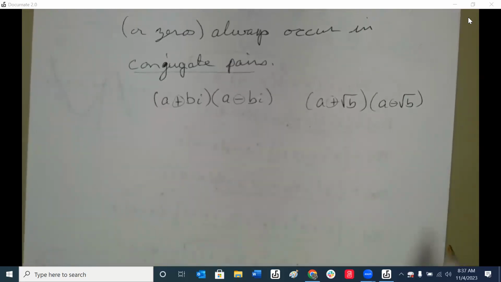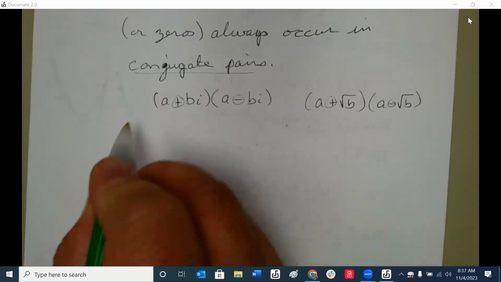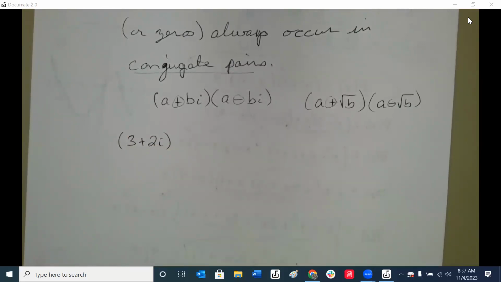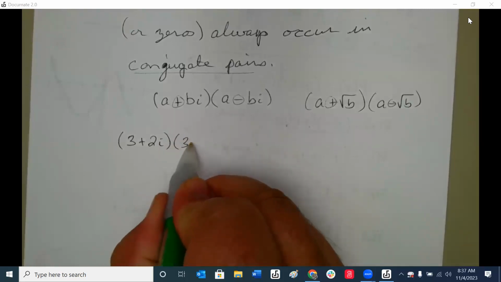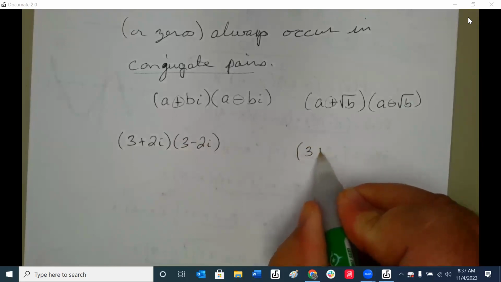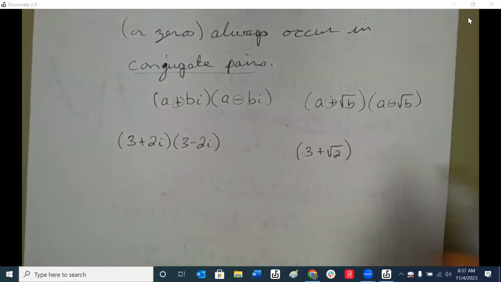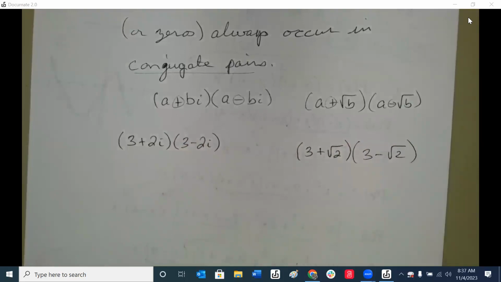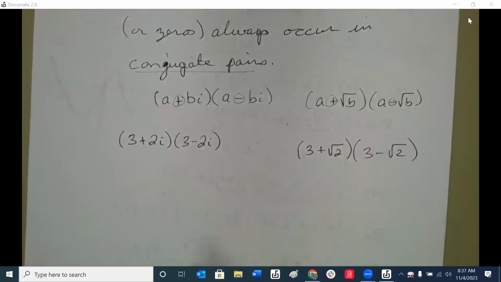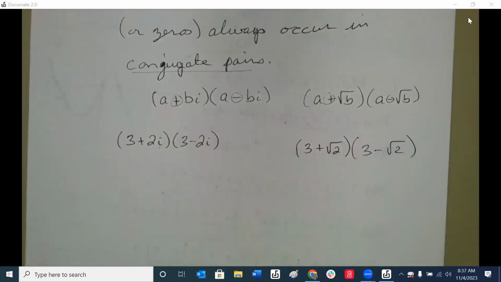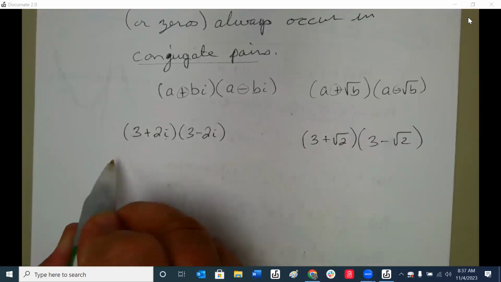Why do we have conjugate pairs? What's the conjugate pair to that one? 3 minus. Right. And same with this one, it would be 3 minus radical 2. Let's work these out. So we see we have imaginaries and radicals in our problem. If we multiply these out,